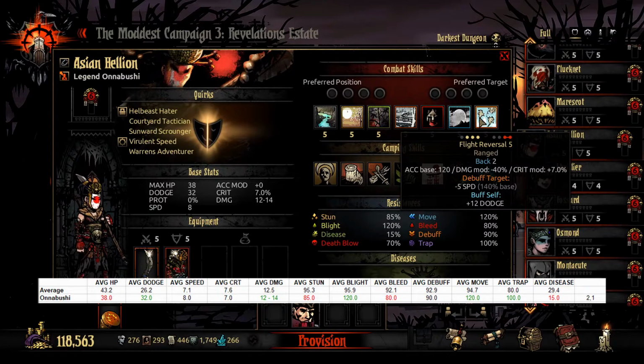And the third option to go back is Flight Reversal. This is the worst one by far. You go back 2, which I guess is a plus, as opposed to going back 1. But you do a little bit more damage than Wiltering Branch, and you hit the back 2, which sounds great in theory. You minus their speed, which sounds great in theory. But the way you're going to play this is, realistically, you might use this in turn,